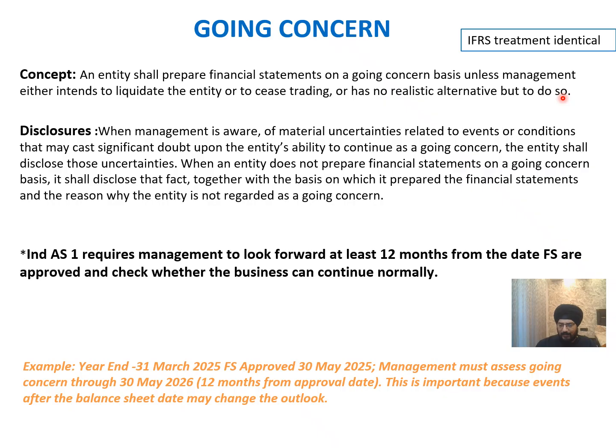So which means that as of now, there is no immediate visibility that the company is going to shut this business in the next 12 months, or there is a threat to the operations, or there are challenges, or some regulatory matters or change in the economic dynamics which makes a threat to the business, and then they are concluding that they cannot carry on the business for another 12 months. So in that case, they have to make that disclosure explicitly, mentioning the reason why they feel otherwise. So when management is aware of material uncertainties related to events or conditions that may cast significant doubt upon the entity's ability to continue as a going concern, the entity shall disclose this